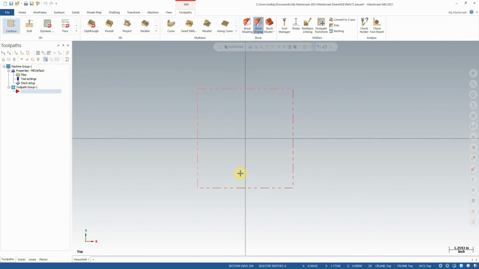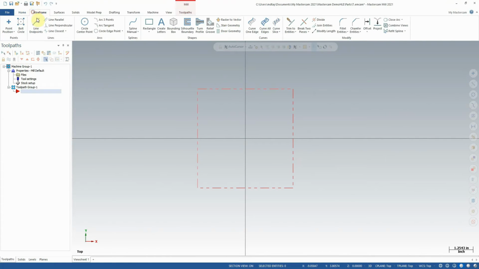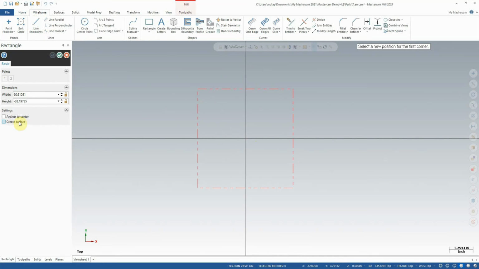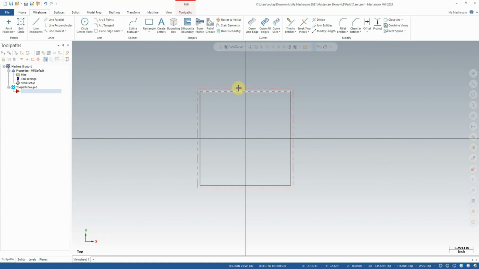I'm going to go back to my top view and create an actual object within these boundaries. With wireframe, I'm going to select a rectangle that is anchored to center and is the full size of my stock minus just a little bit. So I think what we're going to do is have our finished product be 4.75 by 4.75. Okay, now this allows us enough material left over on the edges to create a nice milled finish on all